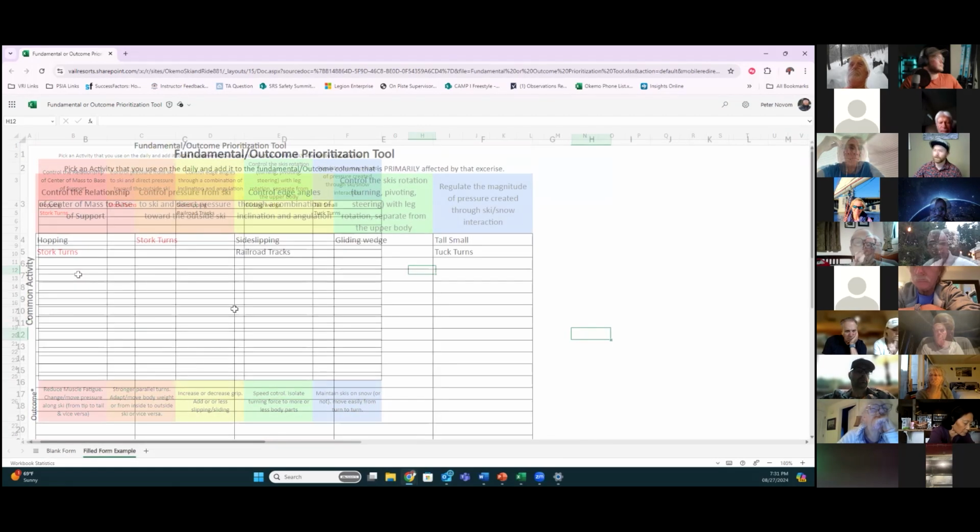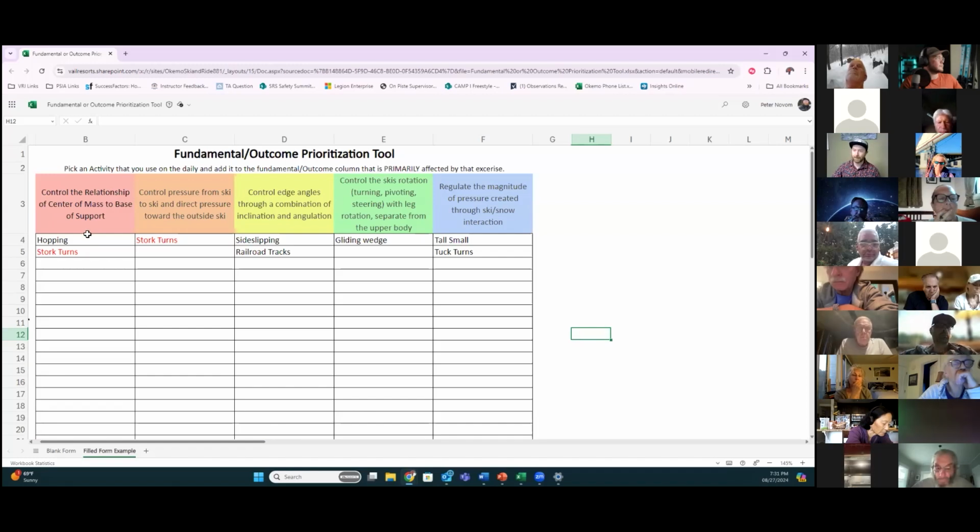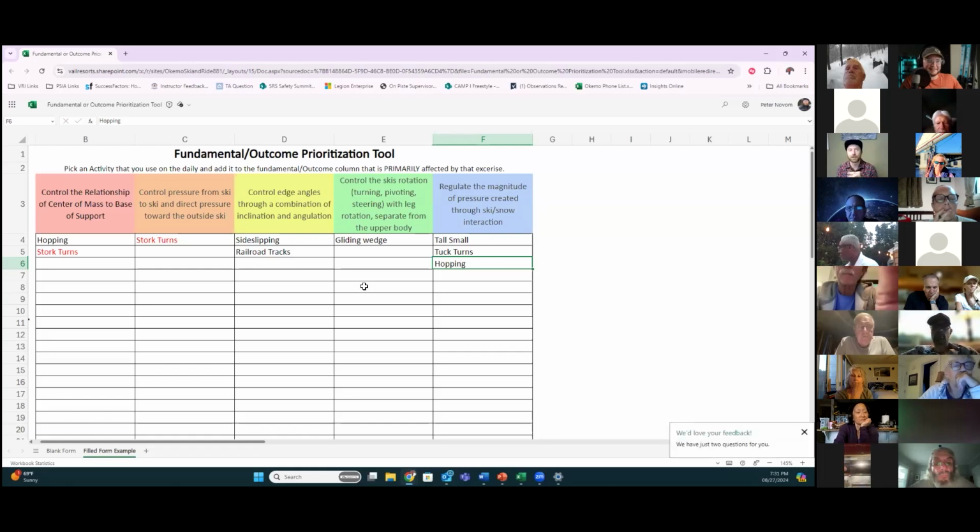Something like this. So hopping, primarily just jumping up and down, is going to affect the relationship of the center of mass to the base of support. Now, this is a little subjective. Before y'all get mad at me, I could put it in this column as well. In fact, I probably will. How about that? The idea here is that you're trying to create a neural pathway between decision-making and activities or outcomes. And it can't just be one, because you don't do an activity for the sake of an activity. You do an activity for the sake of an outcome. Or if you want an outcome, but you can't think of an activity, this will help.